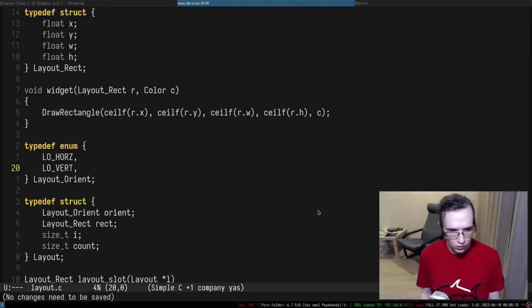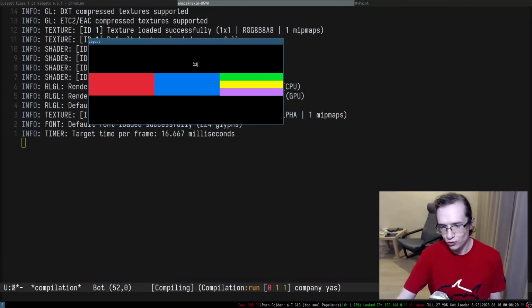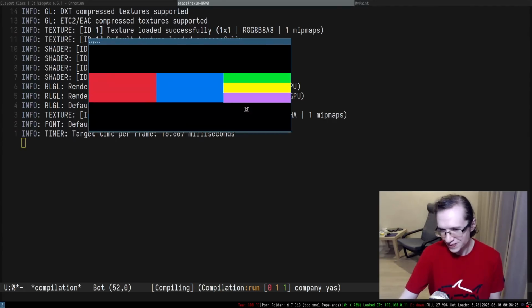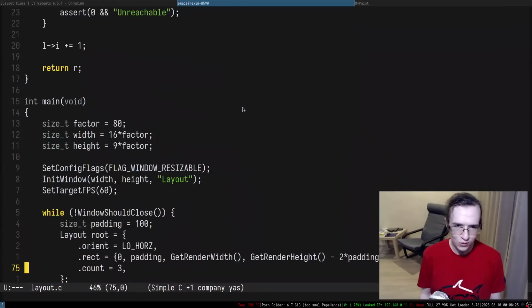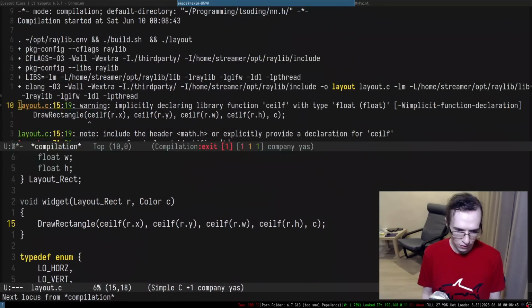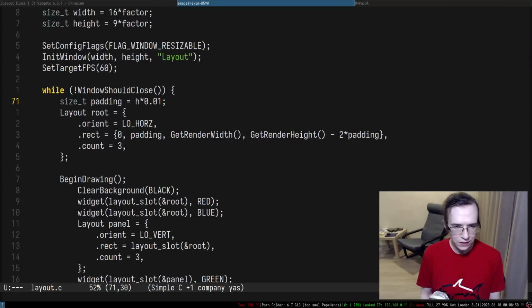All right. So yeah, the problem with this padding is that it's always the same regardless of the size of the window, which results in this kind of situation, which is kind of fun. So one of the things we can do, we can actually make the padding a function of the height, so to speak. Well, I mean, it depends. You know what I mean. So we can take height, and we take a fraction of the height. Maybe it's going to be 1/100th of the height. Does it look good?